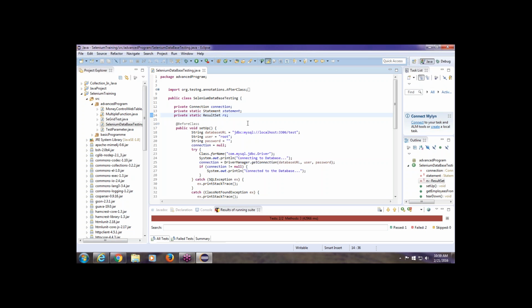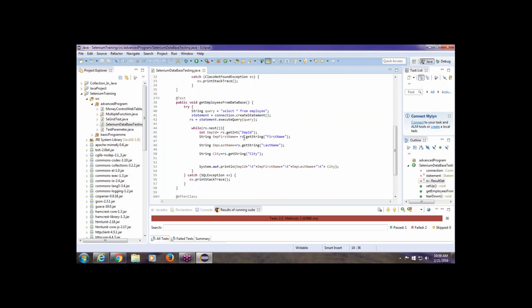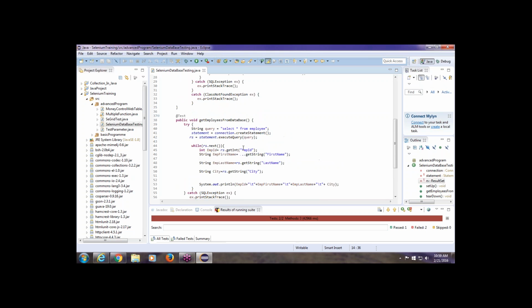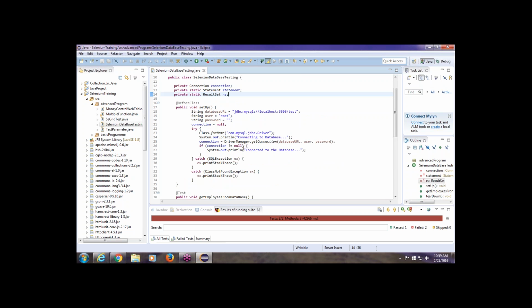So that thing you have to download for MySQL. Whenever you would like to connect your database with Selenium or Java, there's a program in Java, and Selenium is a part of it somewhere, but totally in this there is no Selenium. There is only Java, Java with